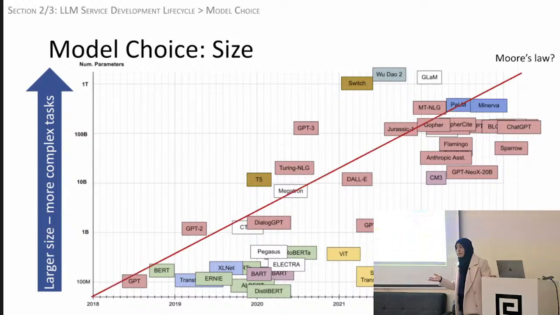Some people have talked about a new Moore's law for LLMs. It's not quite a Moore's law because you can see that smaller models are still being developed, right? So smaller models still have their place because there are certain simpler tasks for which a smaller model will do perfectly well, right? So then you don't need to use a large model that has a higher cost, higher computational complexity and everything. So you would choose a model in accordance with the requirements of your task.